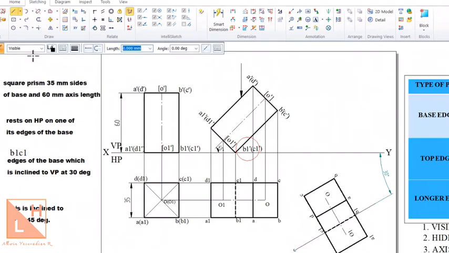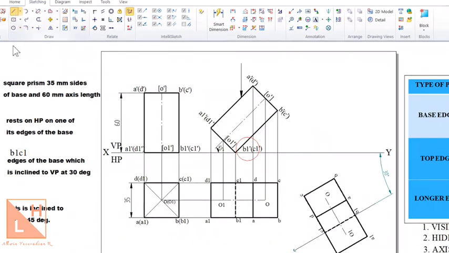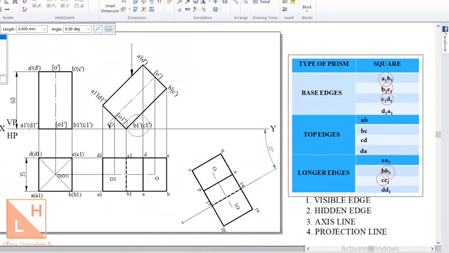Now to generate the final position, the process is the same no matter whether you're drawing a solid, line, point or even a plane. You just need to draw projection lines from every point, and you need to remember how many points have to be projected into the next position. That is why I have made a video of introduction to solids, because there you will understand how many corners or how many points exist in a prism or in a pyramid. As you see here, all the types of edges are also listed. So now we'll draw projection lines from every point starting from the base edge.